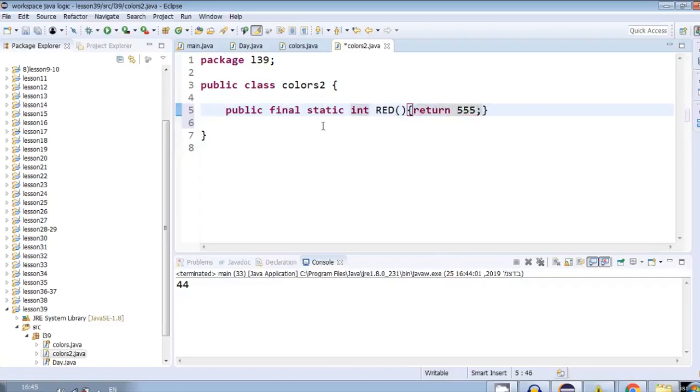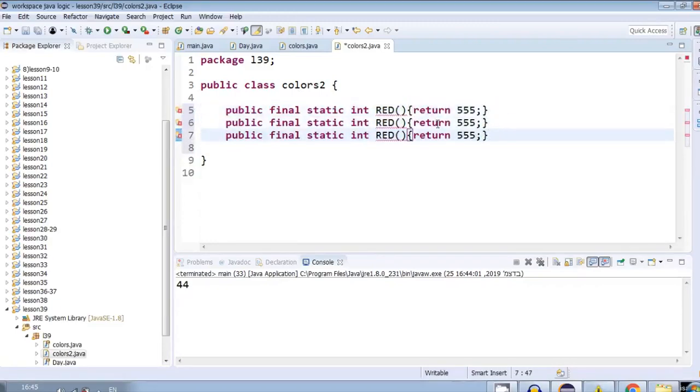So you need to create the other two. You need to copy this again, and let's call this one blue and this one green. Let's give it random numbers. 888, 000. No, let's do 322. So basically this will be